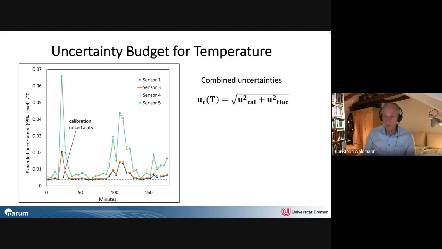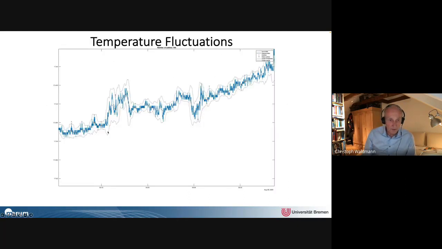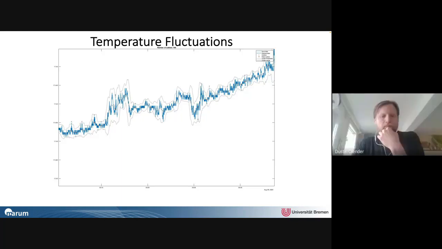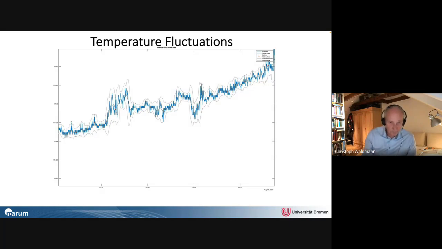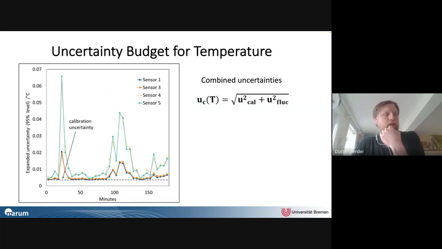Okay, this has to do with the fluctuation part. This calibration, this dashed line, and then this U-square fluctuation, which is related to the fluctuation of the signal that you see here. So we took a standard deviation over a certain time interval, 3 minutes, and said, okay, this is a contribution to our overall uncertainty. Maybe it's too short. No, that makes sense. I guess it never occurred to me that the uncertainty might be changing along the time series, so this is an interesting realization for me.